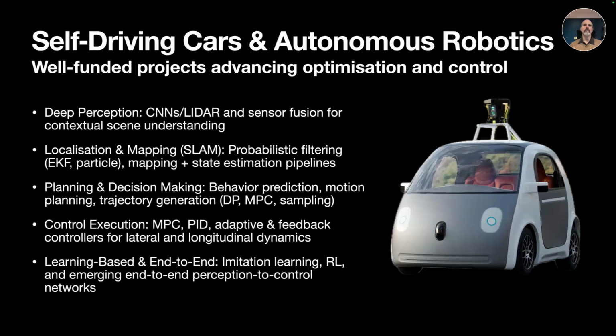That means you are trying to predict the movement of things around you and your own motion, and you're trying to figure out how to get to a particular place. So that's routing, mapping, obstacle avoidance, and all that kind of stuff. At the lower level, there's actual control execution. That's mainly MPC, PID, all the kinds of stuff that we are used to using. And then you have training sets that are trying to teach the networks that are doing the high-level orchestration of all of this with reinforcement learning.